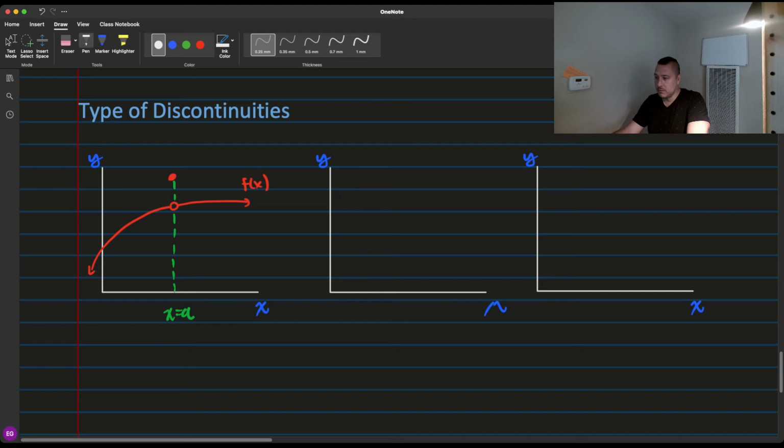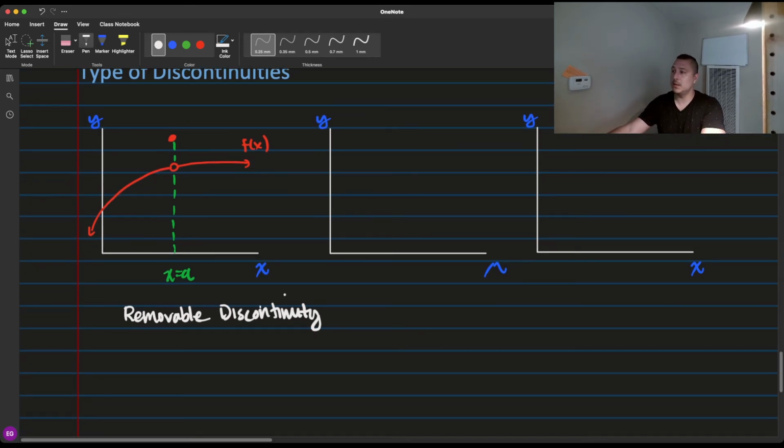We call this a removable discontinuity. So what makes it a removable discontinuity? Well, if you look at this, what you have going on is that the limit as x approaches a of f of x exists,